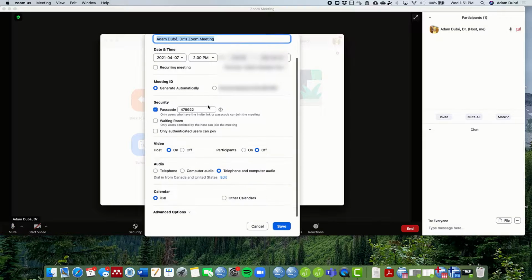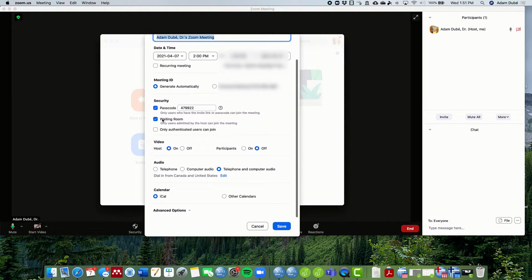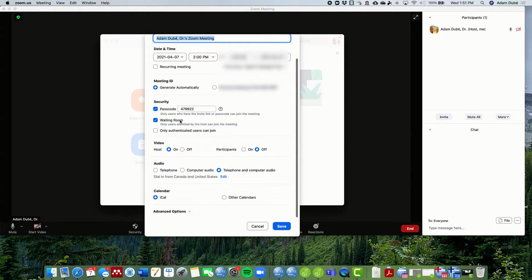Down within this, you want to set a passcode. You also want to enable the waiting room. This is so you have to allow people to join. So if someone's being bad in the room, you can kick them out. They try to join again, they get put in the waiting room, and you can keep them from actually disrupting